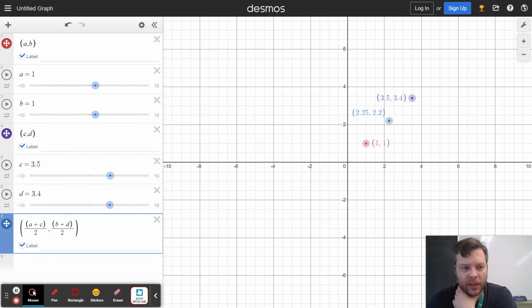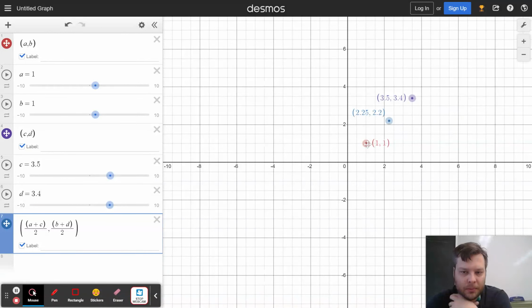So in our class, we've been working on some stuff with coordinate geometry. We've been working on midpoints, distances, and slopes. And I just wanted to show you a little bit of work with the midpoint and calculating slopes and distance based on the midpoint. So what you can see here is I've got a random point AB, a random point